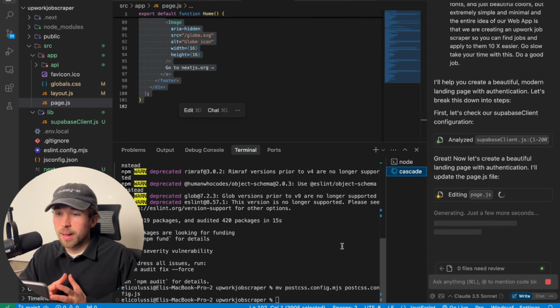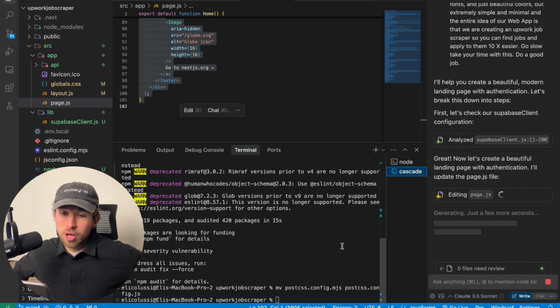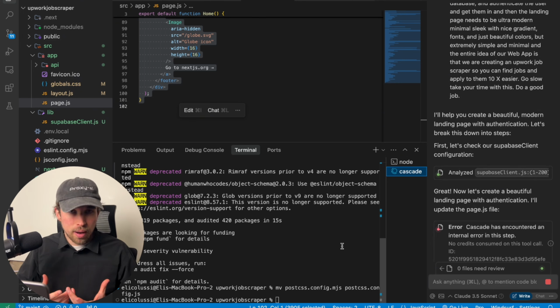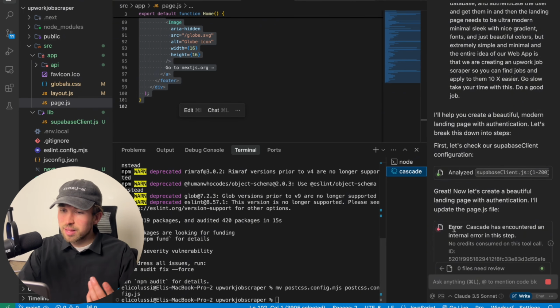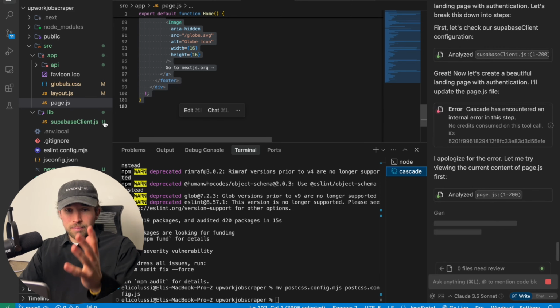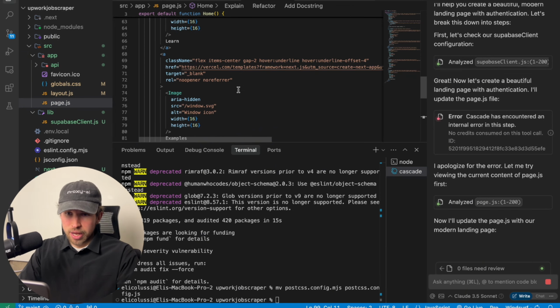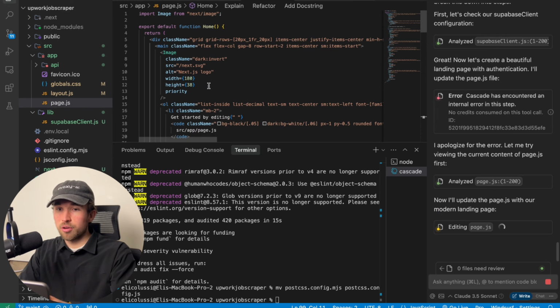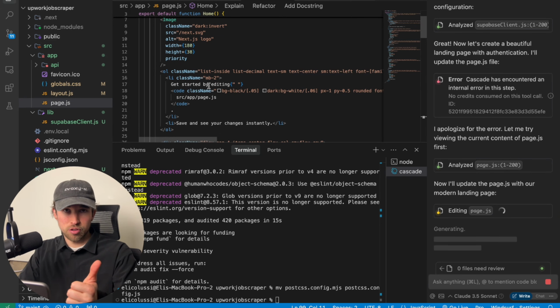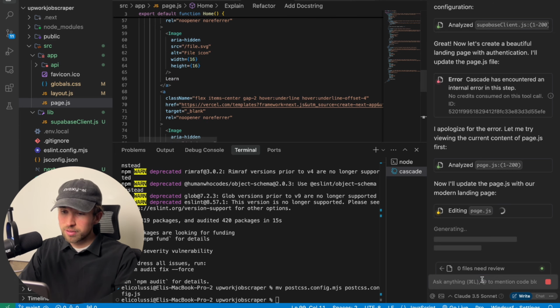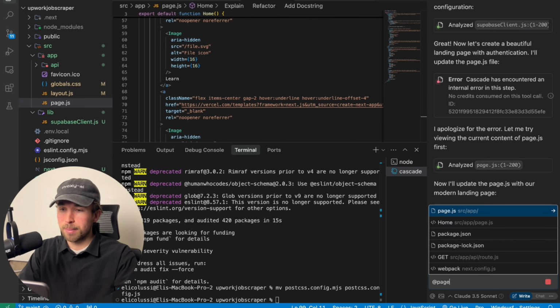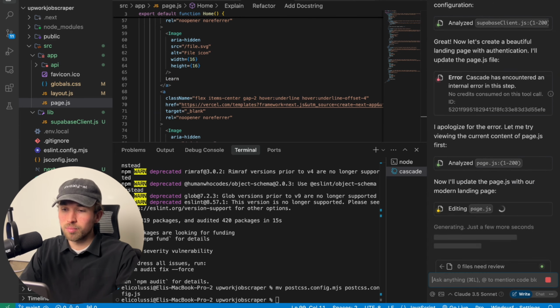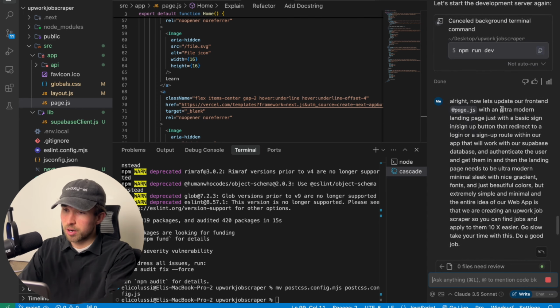Okay, guys, so honestly, I found the best way to create a really nice landing page, if you aren't using a tool like Framer or some really nice landing page builder, is just to go into our page.js. This is our standard one that we get with a deploy to Vercel button, everything that Next.js provides natively, and reference it in Windsurf by going at page and then choosing the correct one. And then you can read my prompt here, right?